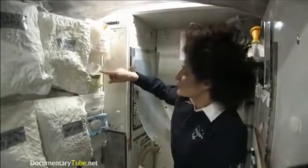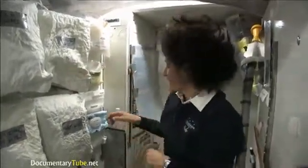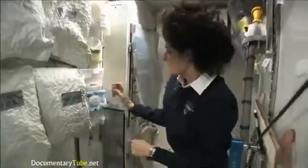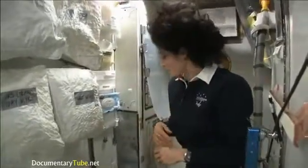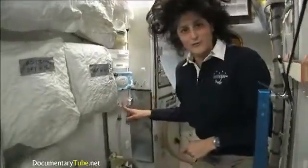We have some Russian wipes, which are a little bit coarse if you like the coarse type of toilet paper. We have some nice tissues, which are nice and soft if you like soft toilet paper. We have Huggies, just for any cleanup. You know, we were all babies once, and this sort of helps. And then if things get really out of control, we have